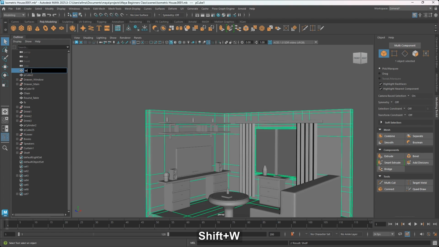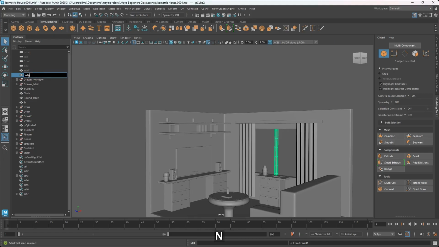So we're going to name this to wall, and this is draw window, and we're just going to name this to window underscore brace, hit enter. Okay, yeah. So let's see this one, that is the vase, and this one. So let's double click on this and name this to vase,